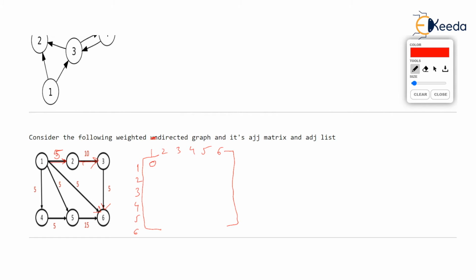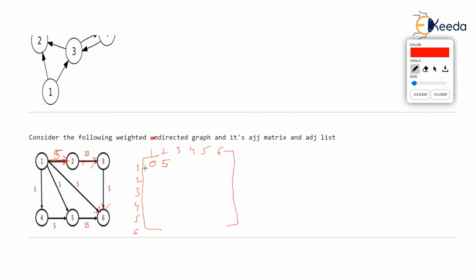But then we are not going to store 1 in the first row, second column. We know that 1 is adjacent to 2. So usually we store 1, isn't it? But here we will store the weight itself. I hope you are understanding. In a weighted graph, if the vertices are adjacent, instead of storing 1, we will store the weight of that edge itself. So 1 to 3, you see 0.